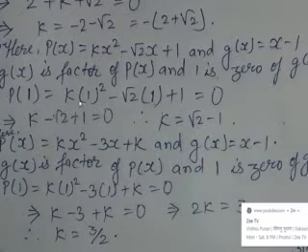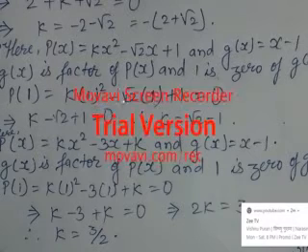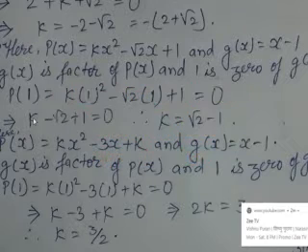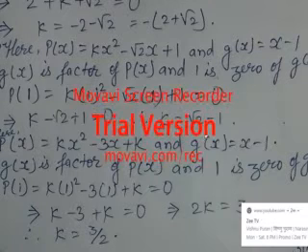So I had written p(1) is equal to k, x square was there, so 1 square, in place of x there is 1, so 1 square minus root 2 into 1 plus 1. So what will happen? 0 is equal to k into 1 square, which means 1. So k minus root 2 into 1 is root 2, plus 1. Now when minus comes to this side it will change into plus, and when this plus comes to this side it will change into minus. So we can write, therefore, k is equal to root 2 minus 1.